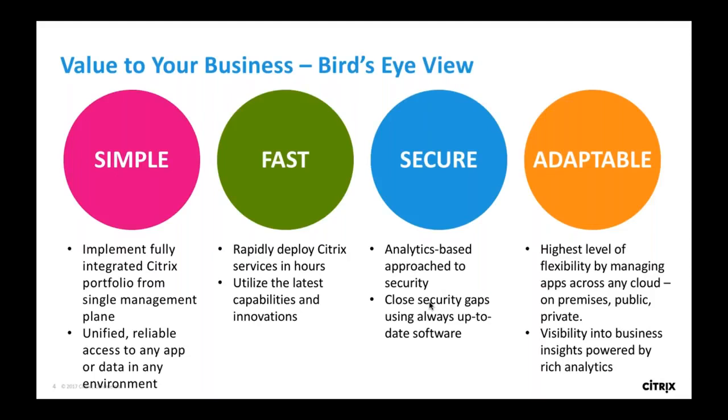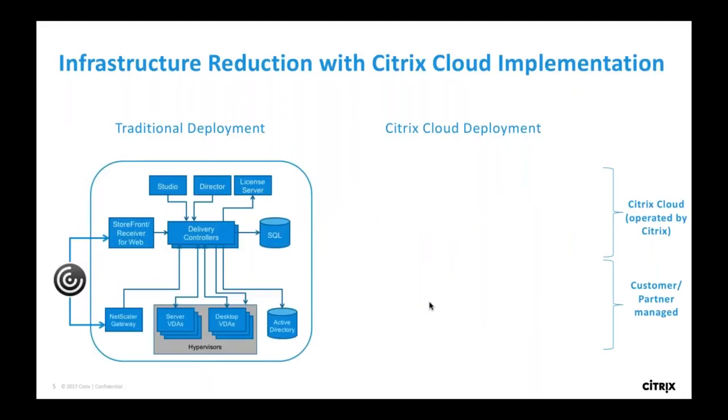In a traditional XenApp and XenDesktop environment, customers have to install and provision all Citrix core components themselves. It required 4 to 10 servers to support the delivery controller, database, Studio, and Director, etc., depending on performance and redundancy. It also included the hardware cost and the maintenance of your hardware and infrastructure. With the Citrix Cloud,